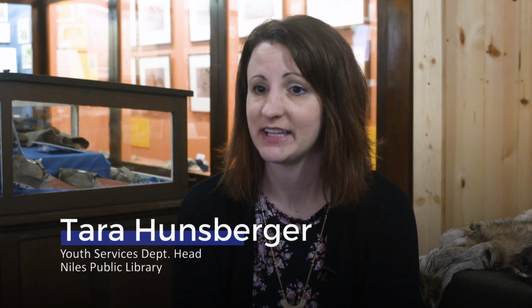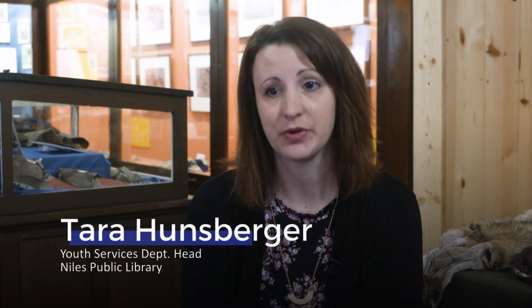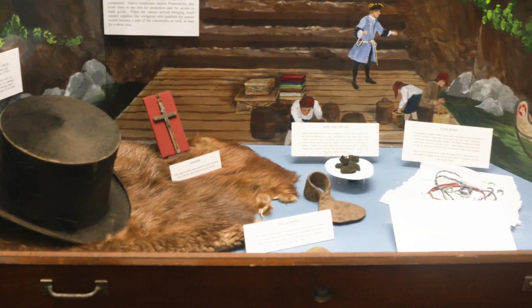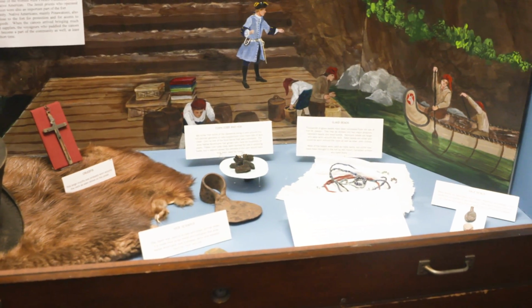The History Center and the library have partnered together to do educational programming. So they'll do tours of the History Center and the mansion here, and then the kids will come over to the library and they'll hear a story based off of the time period or the topic that they did here